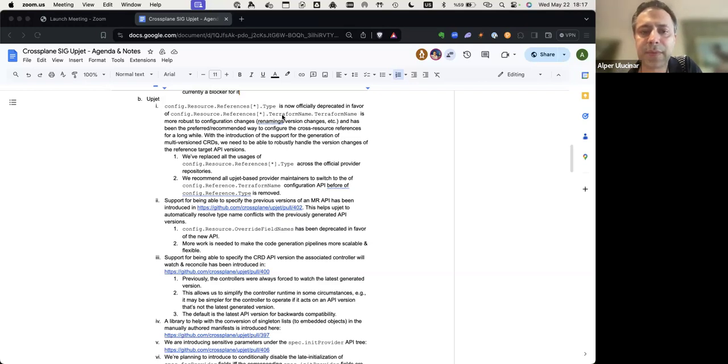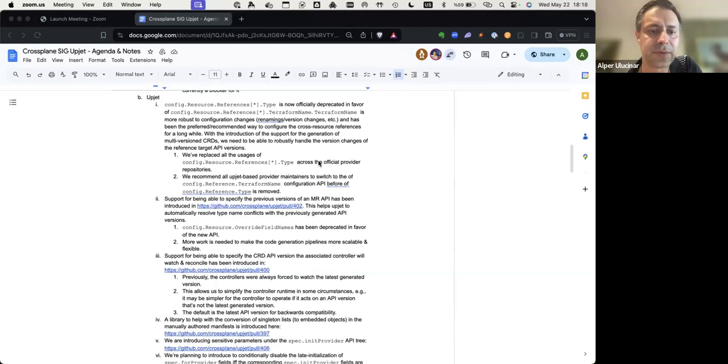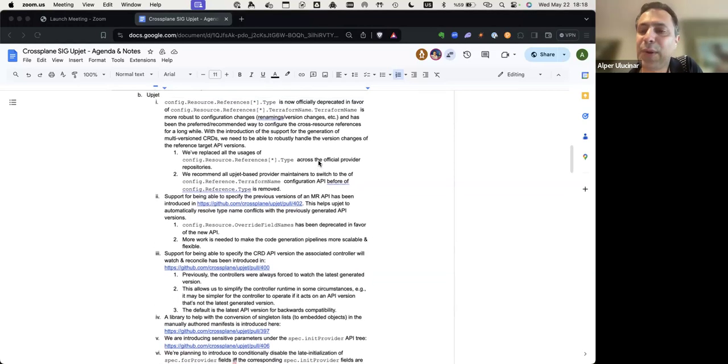This type to Terraform name conversion becomes more important in complex cases, and it was time to deprecate it. And if you are maintaining Upjet-based providers, we also recommend that you change your reference type usages to reference Terraform name.